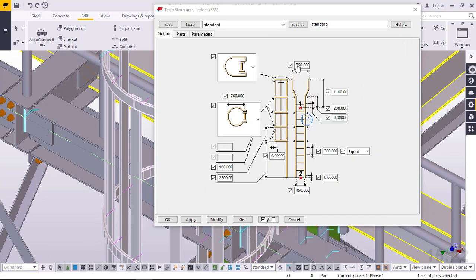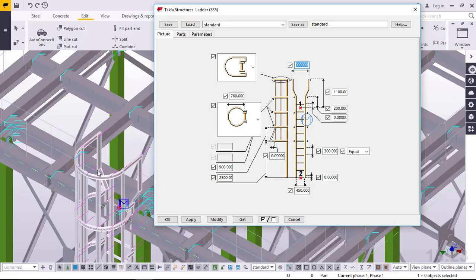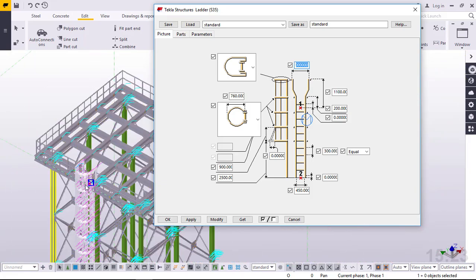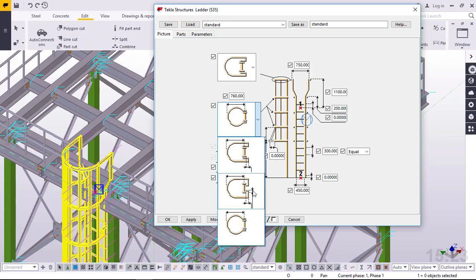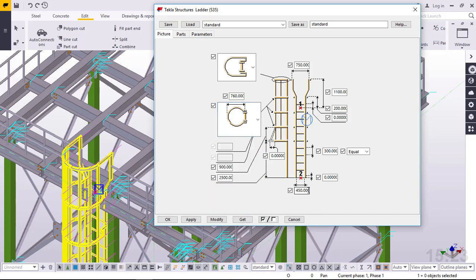Now here we can set the length of our cage up here, right at the entry to the main platform. We can adjust that length, and we have some options on how you want your cage to look like. You can pick from the three designs here. I've picked this one. This one is a bit common and easy to bend these bars to take that profile than this. You can pick whichever you want,